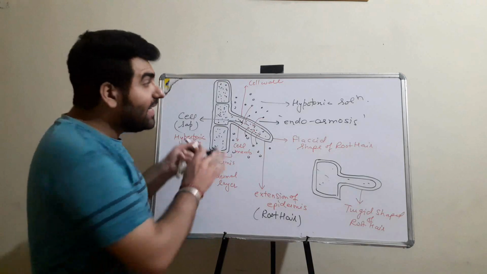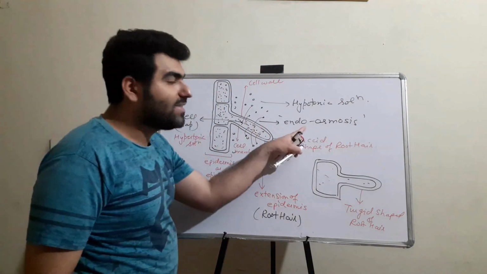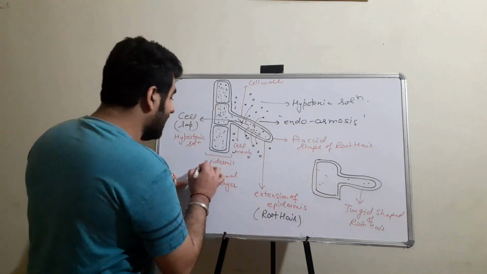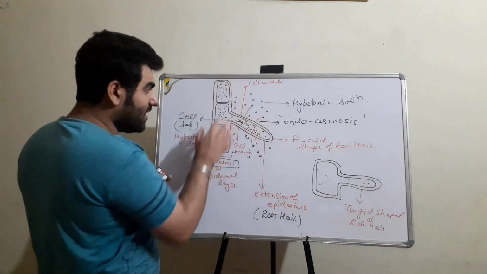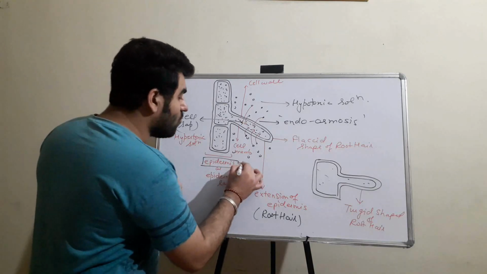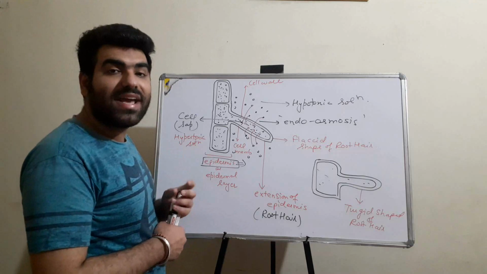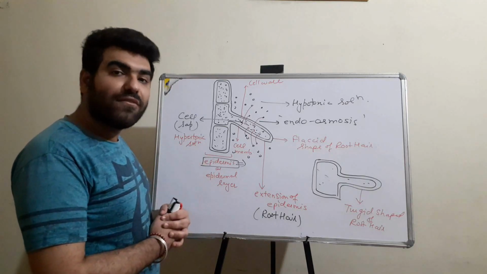Now, this completes the process of absorption by roots. The process is endoosmosis. Now the water has reached the layer of epidermis. So this water will be reaching towards this layer, which is the epidermis. Now we'll see what is the course of water after this epidermis. Next we'll discuss cell to cell transportation of water.